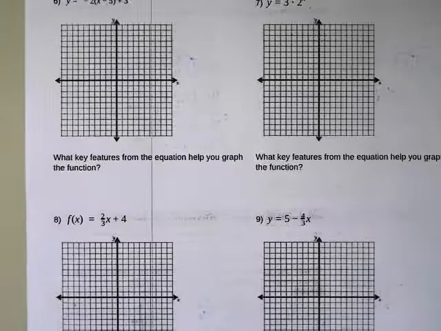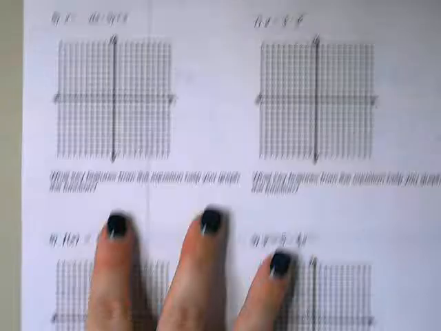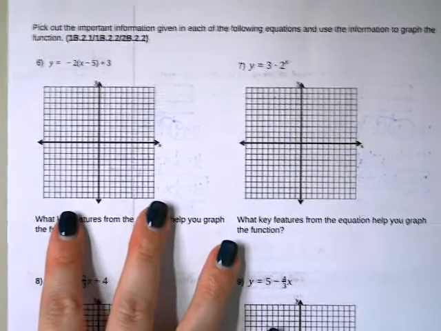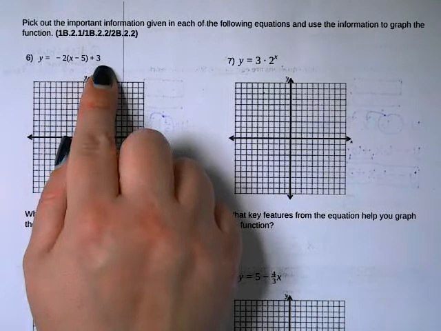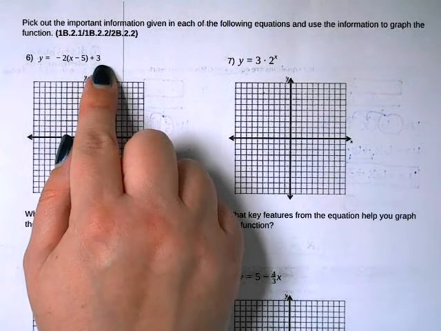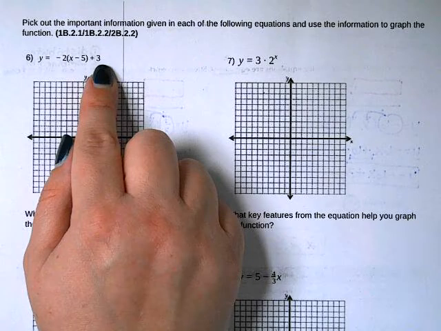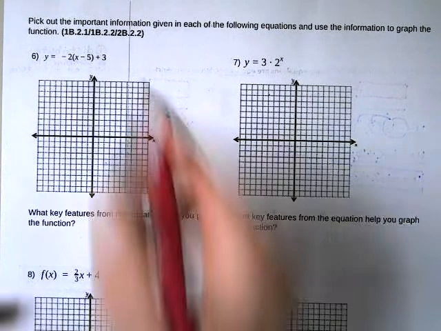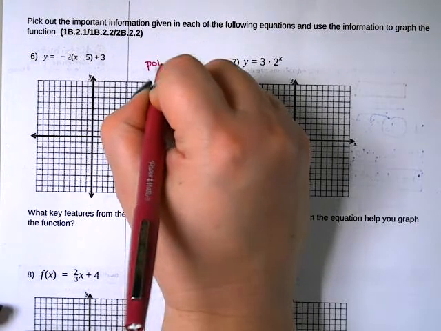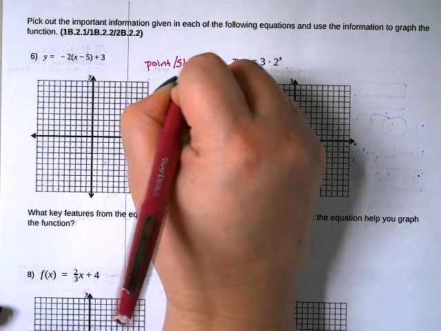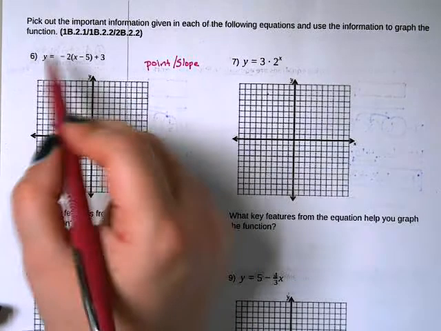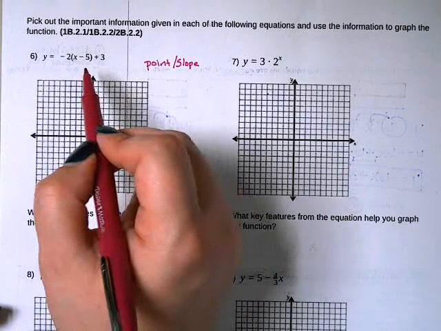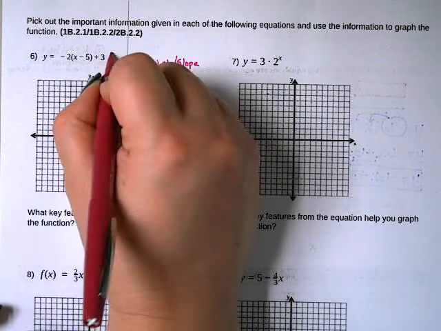Okay, let's move on. So now we're given the equations and we need to be able to make a graph. So taking a look at number 6, we can see that this is a line in point slope form, which means the two things that we're given are a point and a slope. So that's what's actually going to help us make our graph then. We need to be able to look at this equation and decide what's going on. So if I wanted to make a table,